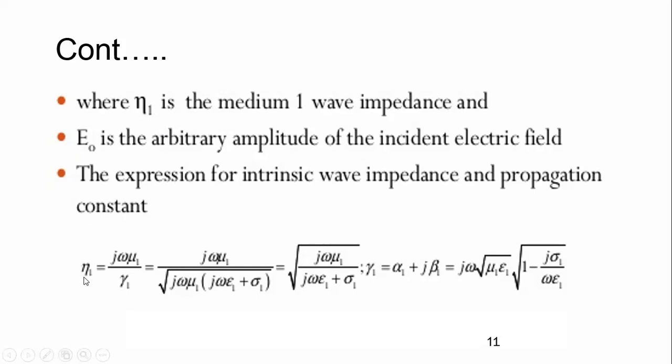So see here, I am writing at present for the medium 1. So definitely for medium 1, eta equals, already we have seen such an expression in EFT, j omega mu divided by the propagation constant. Here the subscript 1 is again indicating medium 1. The propagation constant in imaginary form, you can write in this way. Otherwise, the propagation constant gamma 1 equals alpha 1 plus j beta 1. Okay, so see here, all are 1. The attenuation constant for free space you can assume as 0. Okay, and the j omega will be as it is. This expression, to avoid the imaginary part, we need to take care of all these things.